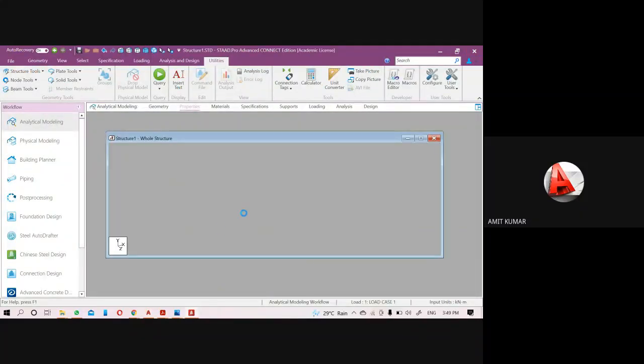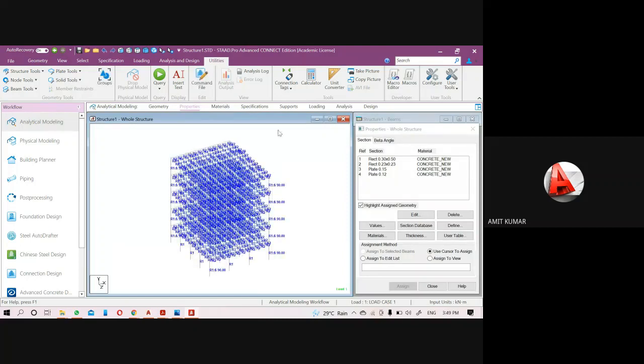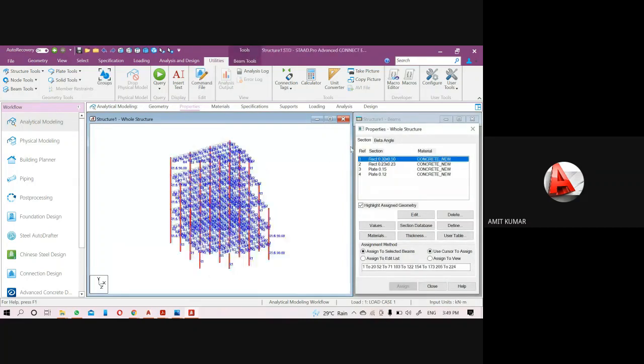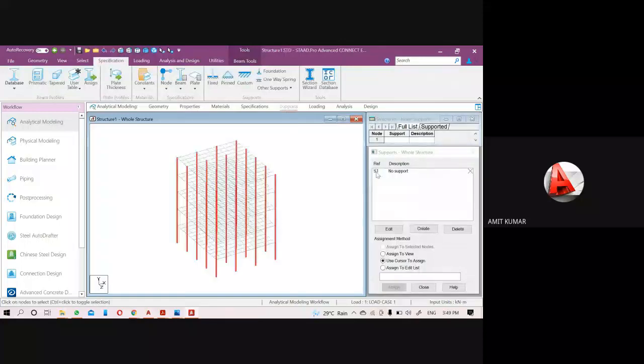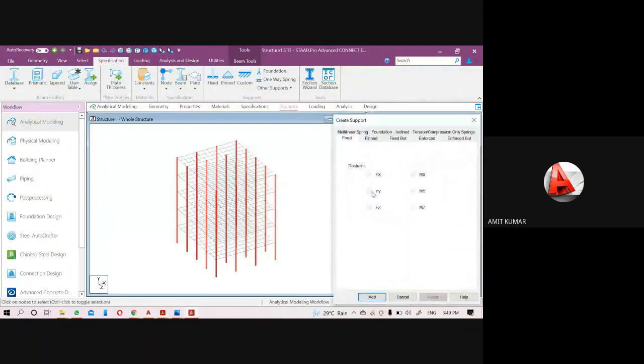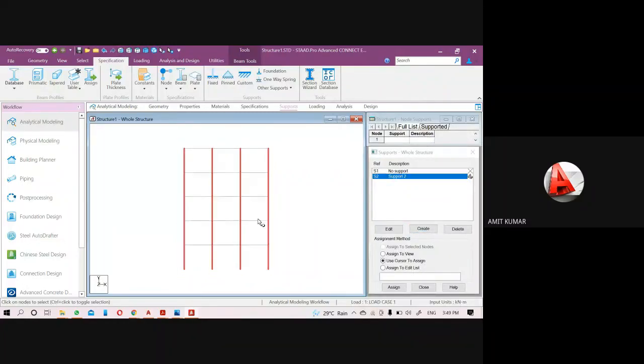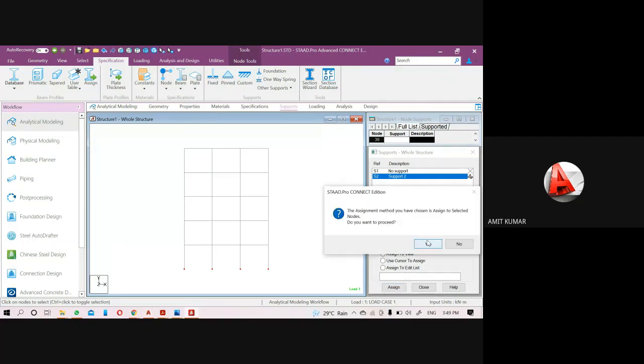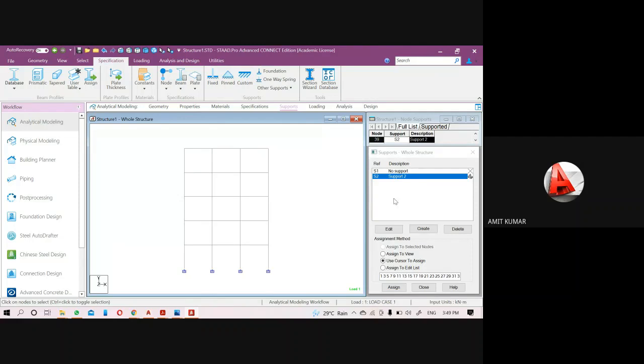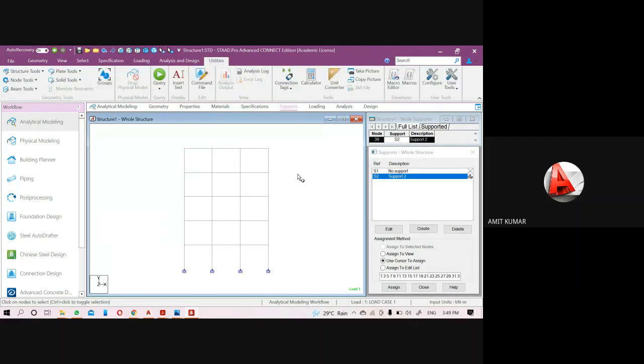So the software will recreate the steps. Okay, I already defined the properties. Now I'm just going to define the support. If I create a fixed support here, and I assign this support to the bottom points using the assignment method, assign to selected, the software will give you an error and say, please use the support before the properties.